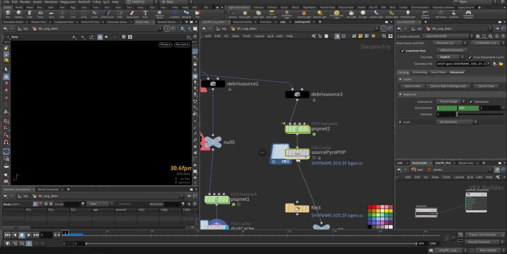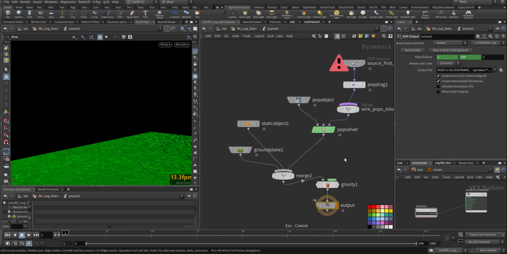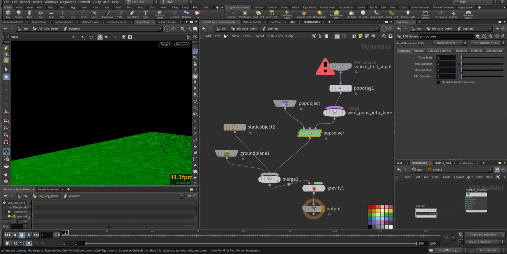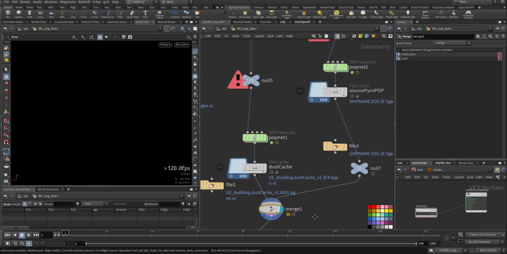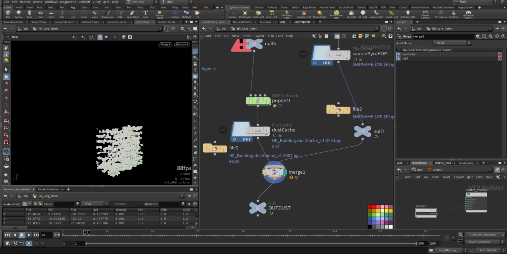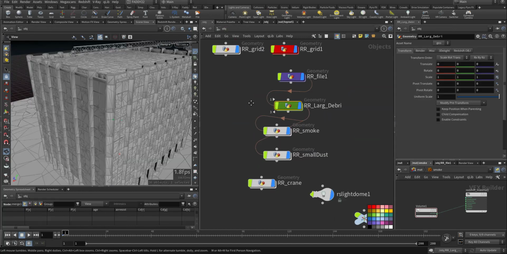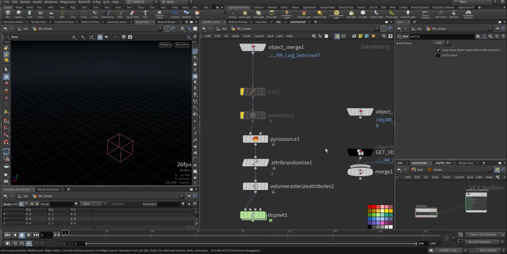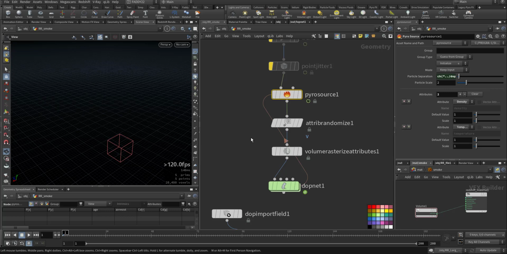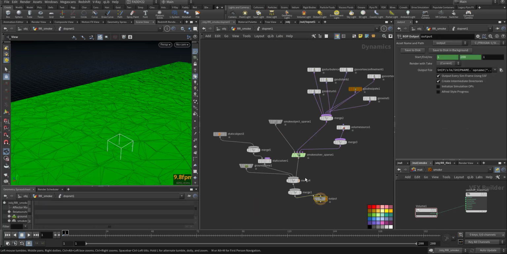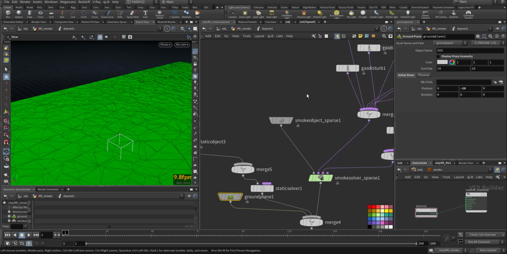Here also I did the same with different settings, but used it as a POP solver. So together, here's a lot. Then in the smoke, I imported the particles, the pyro solver in the top net. So this is the static object, the ground, the smoke